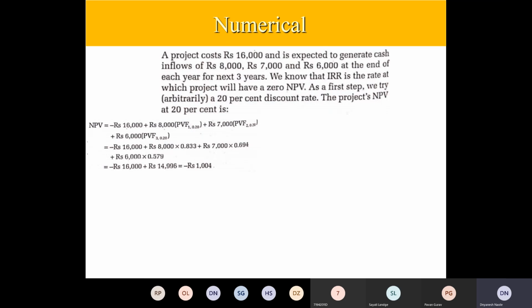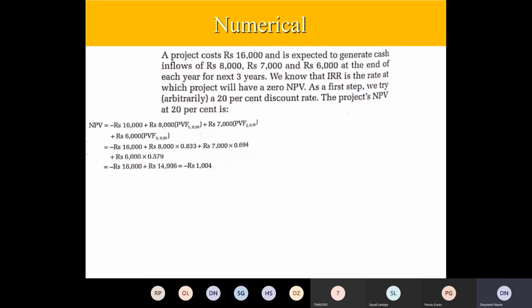Okay, so like steam table values are available to us, same way these calculations are already done, like 1 upon 1.2, 1 upon 1.3, 1 upon 1.4, and as you go second year, third year, final year, all these data are available. You have to only take 0.833 from the table and multiply it with 8,000. So that makes the calculations easier. That is the only purpose of providing the tables.